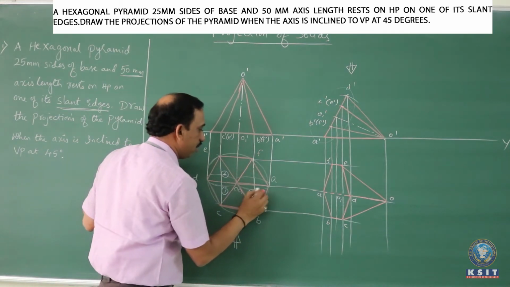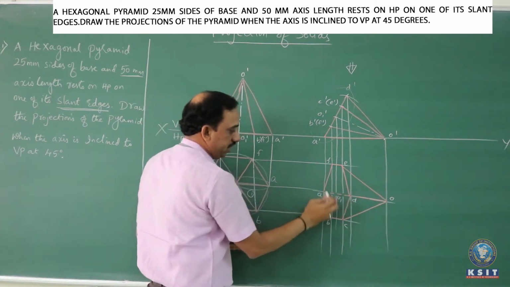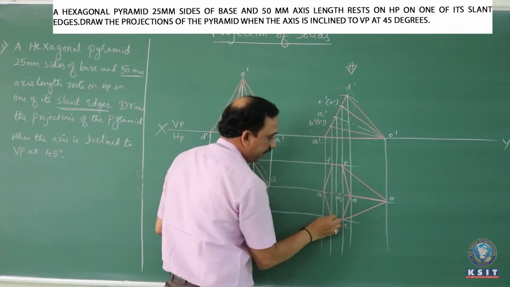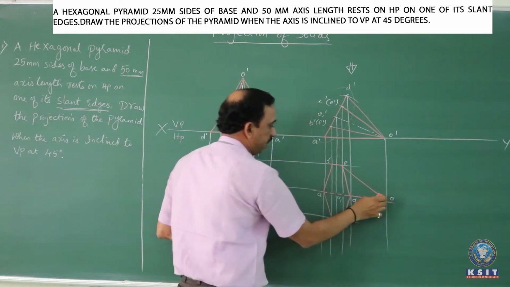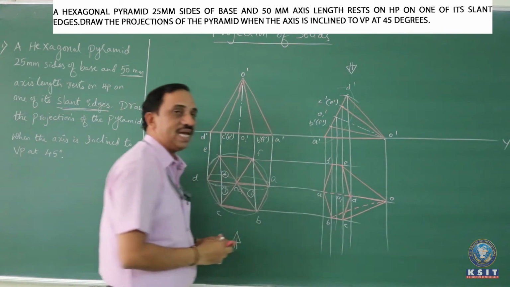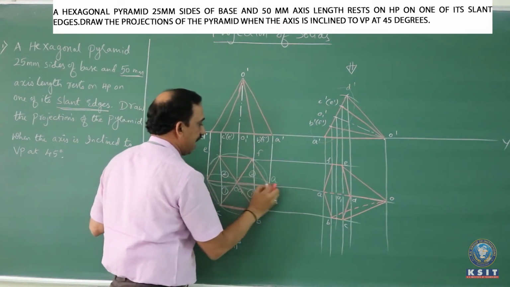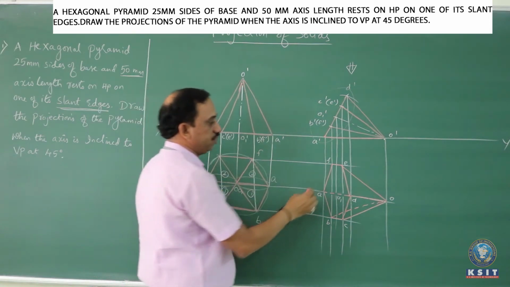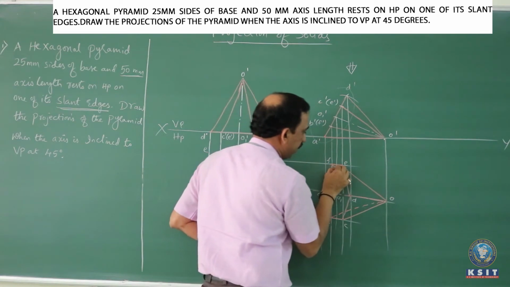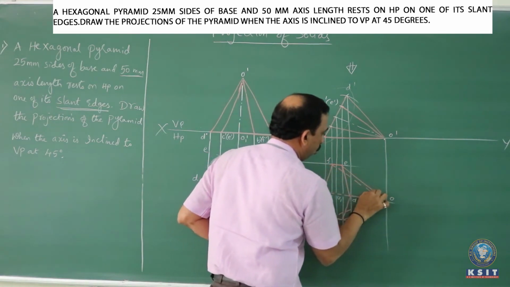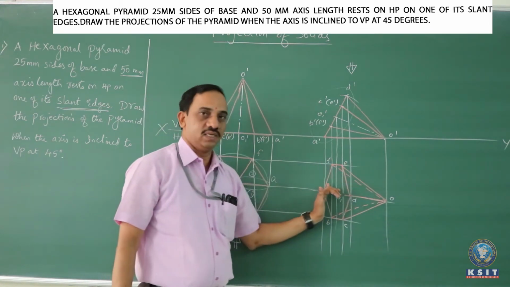One triangle is given by OAB. So O to A, it is already invisible. A to B I cannot mark. When I trace from B to O as invisible, you get the triangle OAB to be invisible. Similarly, on the other side of OA, we have a triangle OAF to be invisible. O to A it is already invisible. A to F I cannot mark. When I join from F to O as invisible, I get the triangle OAF to be invisible.